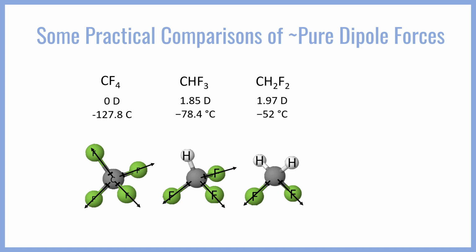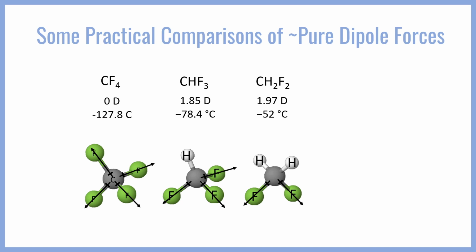This just goes to show how important a 3D visualization of a molecular shape is to understanding their behavior, right? This bent orientation of the two fluorines actually leads to less cancellation than the three fluorines in this sort of triangular arrangement. And so the CH2F2 molecule ends up with a higher dipole moment and a higher boiling point as